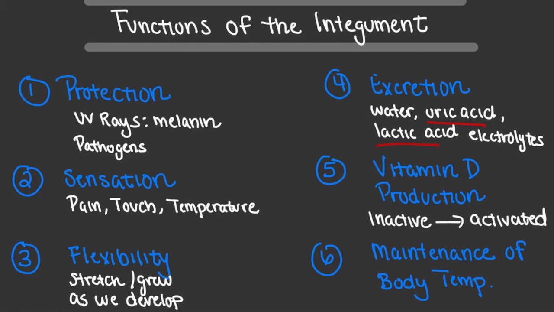The last thing that we'll talk about here as it relates to the functions of the integumentary system is that it also helps to maintain our body temperature. And we oftentimes refer to this as the homeostasis of body temperature. Now, this happens because of two processes. One is what we call vasodilation,